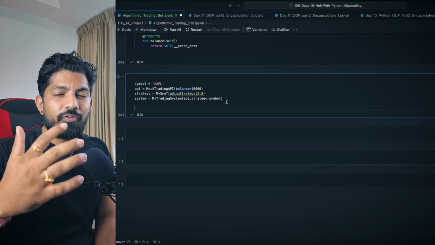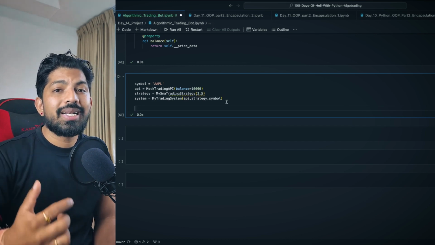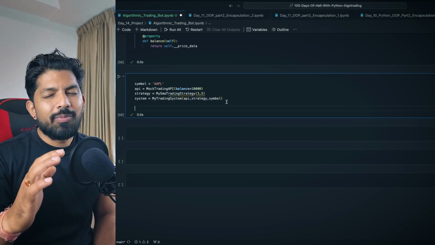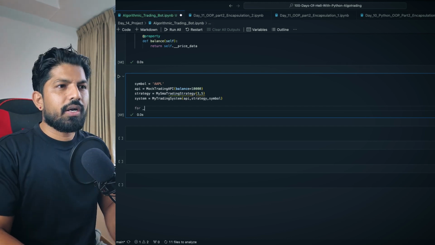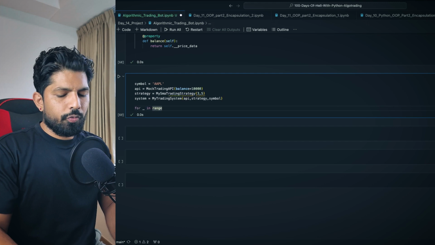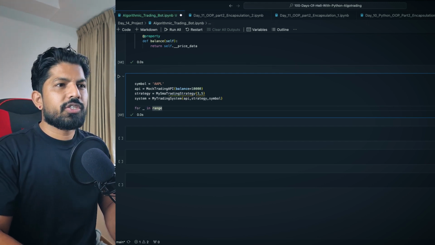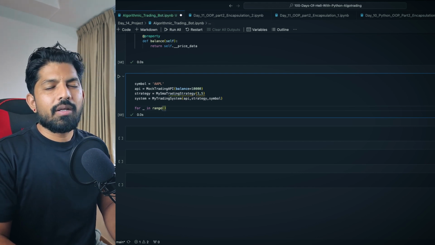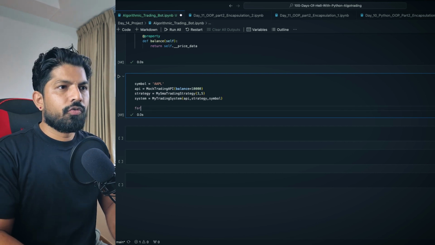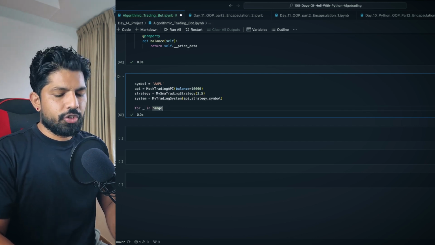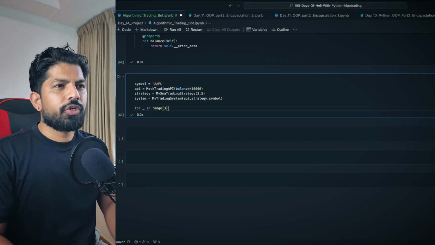So now when I hit shift enter, what happens in the live system is that we are able to continuously fetch the market data from any exchange, and then we are able to process that data also, right? To simulate that, we will write a small for loop here. Let's say for underscore in range. So we use this underscore when we do not want to give any value, right? And range, for now we can make it any, but I'll just write 3. So 0, 1, 2, right? We just want 3 iterations, so 3.